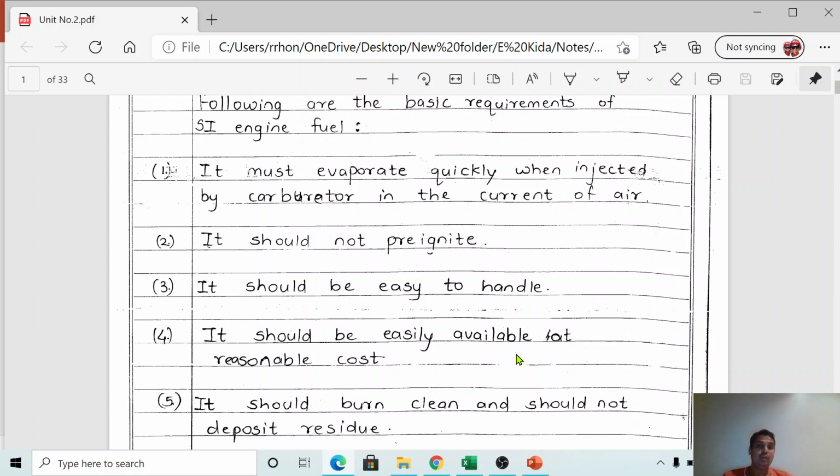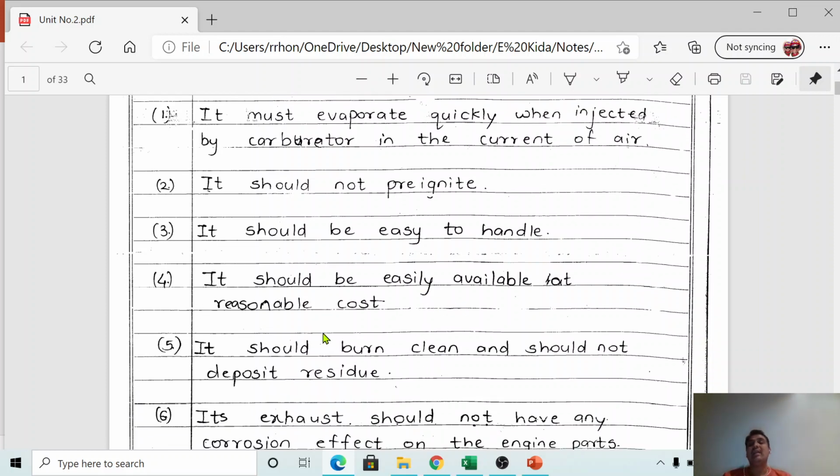Is it right? So always remember which fuel we are using in case of SI engine, that should be affordable. Its cost should not be very high. Just consider gold as an example to compare the price of it. Gold is not the fuel, gold is another thing, and petrol is another thing, but I have given this example only to understand the cost effect. That should always be reasonable.